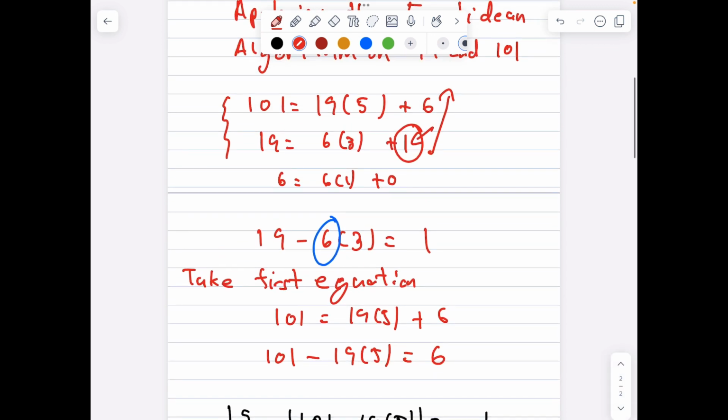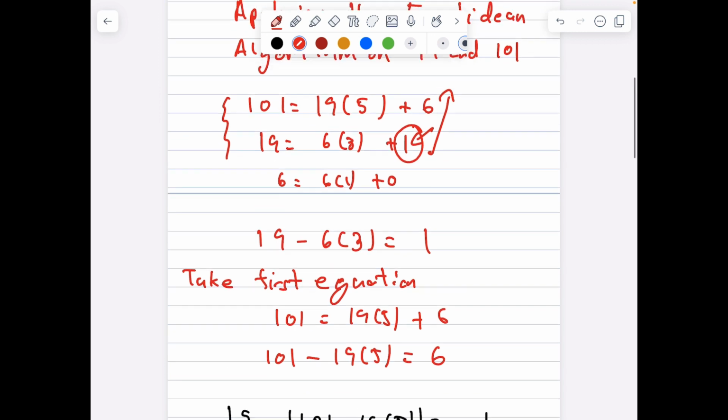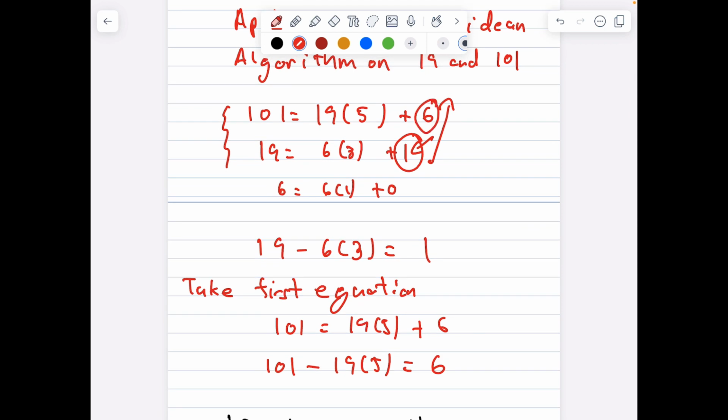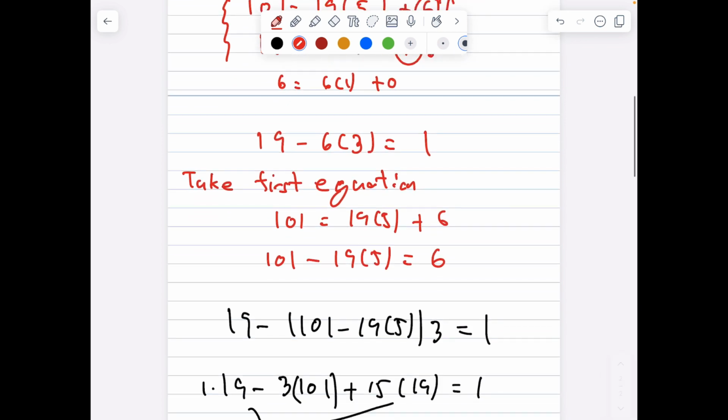And what you do is you take your 1 and you rewrite it in terms of the two numbers that form that combination, basically. So 19 minus 6 times 3 equals 1. And then you go to the line above that and you replace the value, in this case the remainder 6, and you rewrite that as 101 minus 19 times 5,